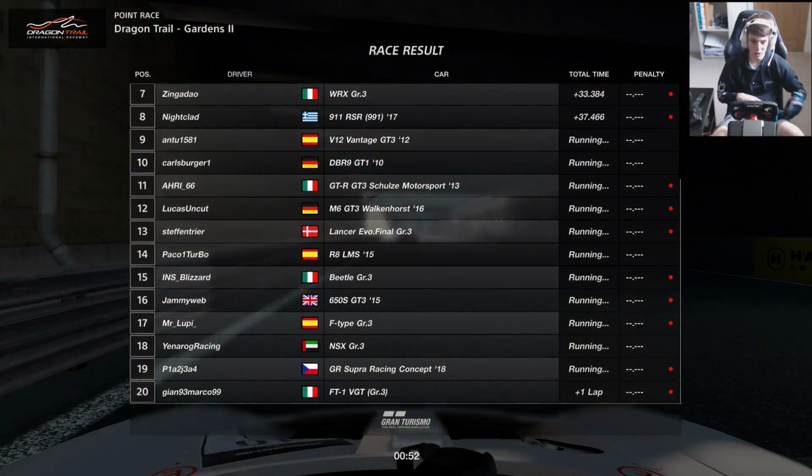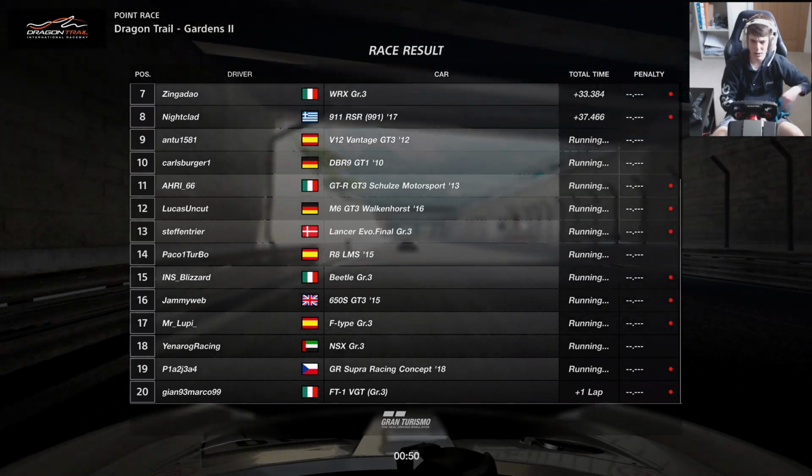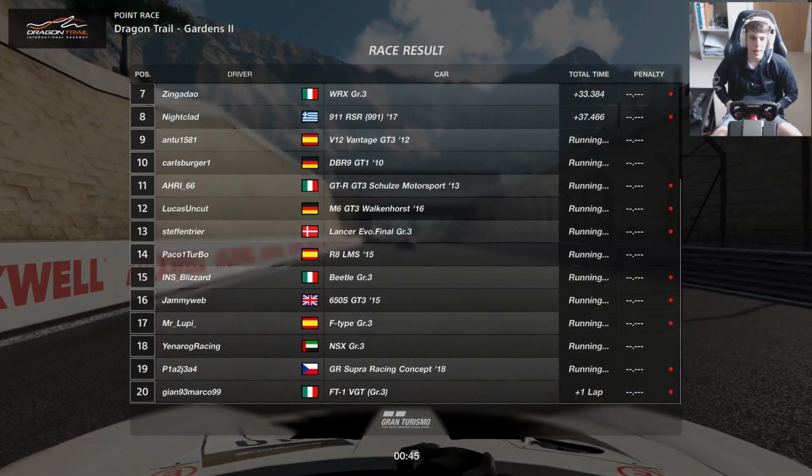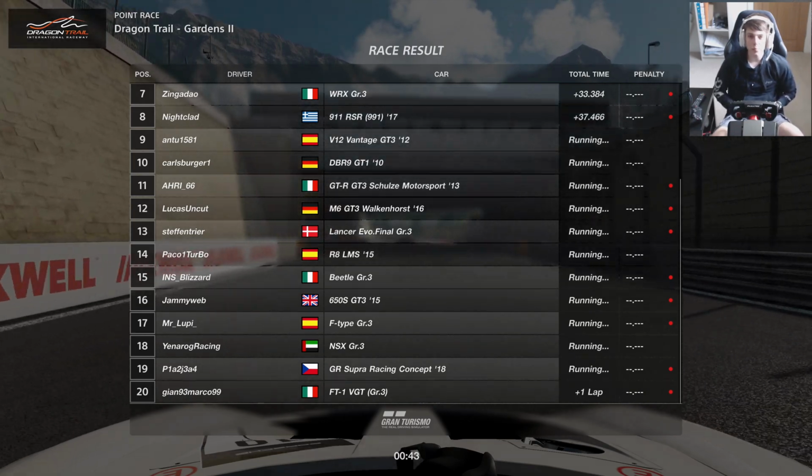I mean, fair play to the guy in the... Is that a Toyota? I think it's a Toyota. At the rear of the field there. Continue going despite having an absolute mare, ending up a lap down, but...